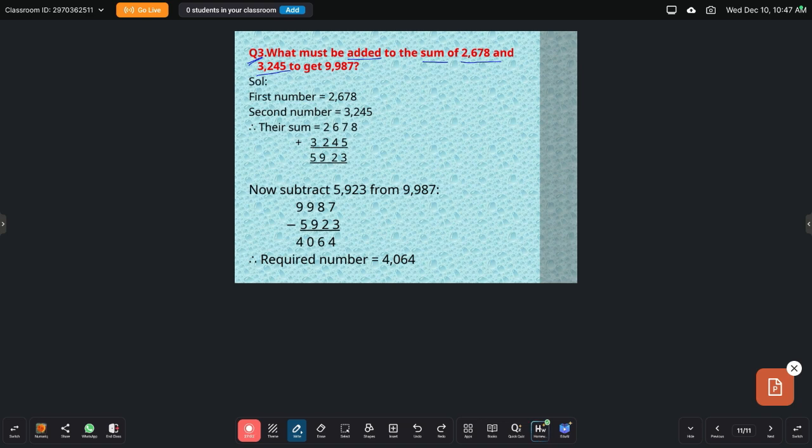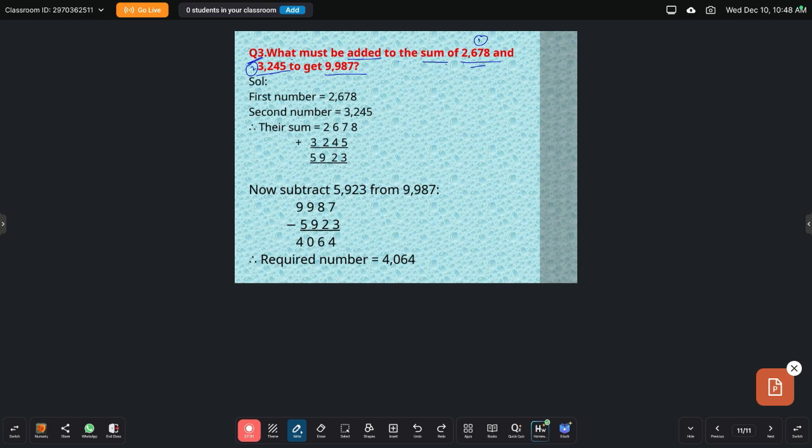We have to find the sum of these two numbers first. This is the first number and this is the second number. What we have to do after that? The question is, what must be added to the sum of 2678 and 3245 to get